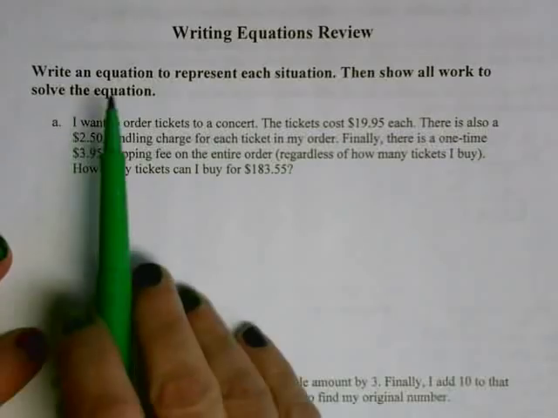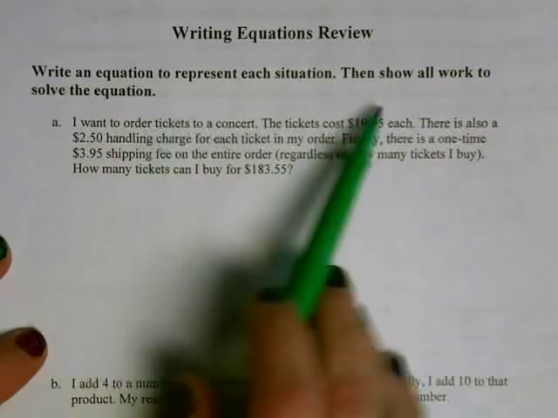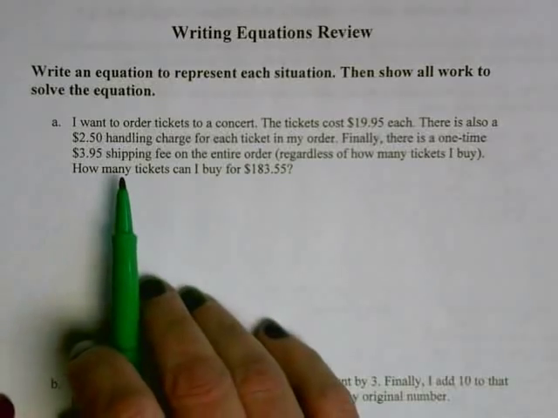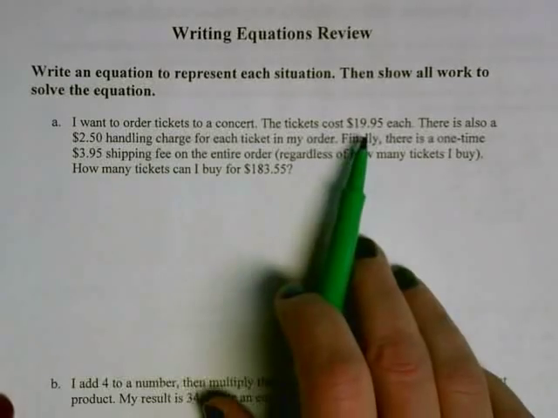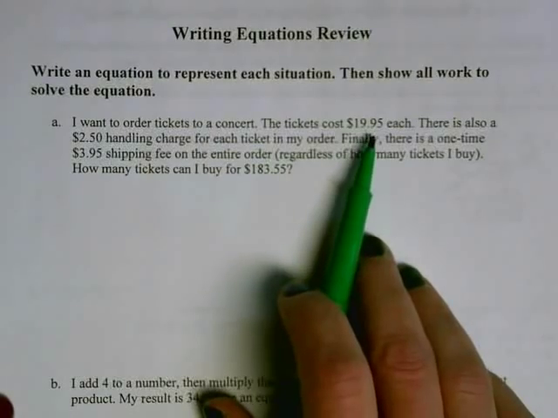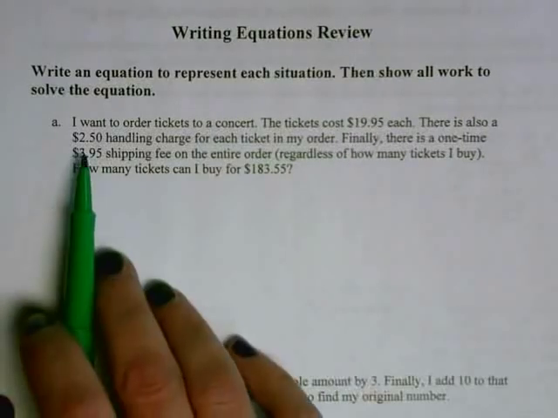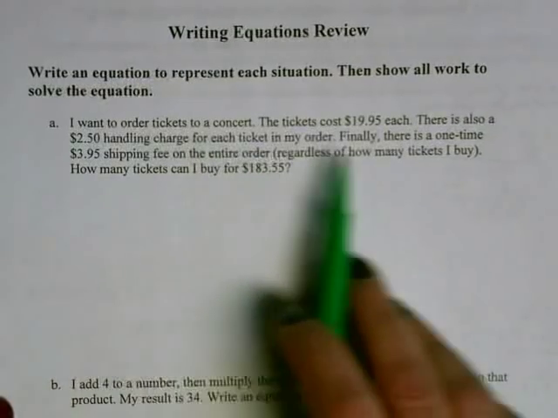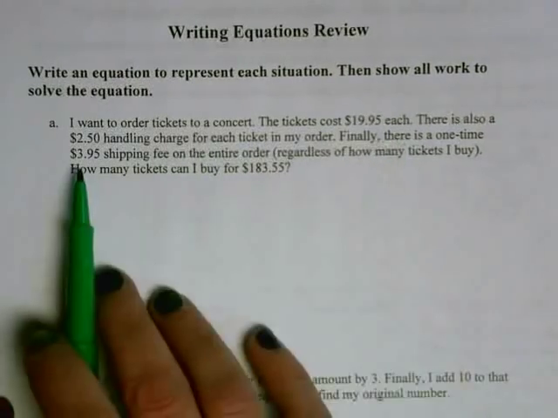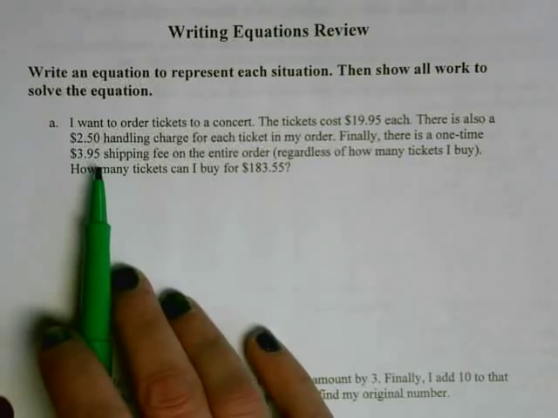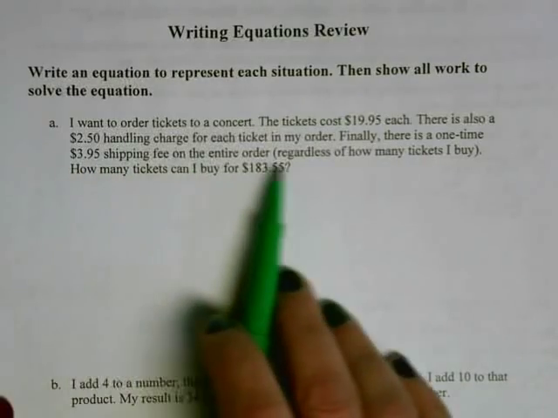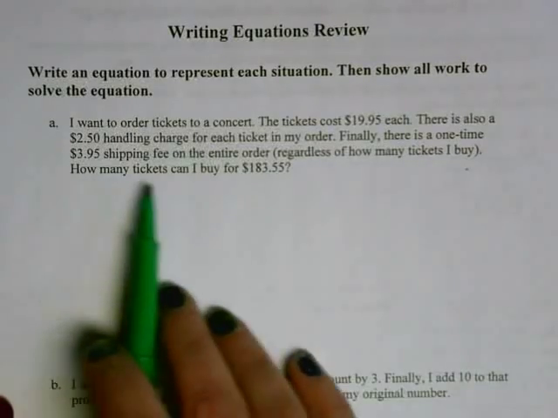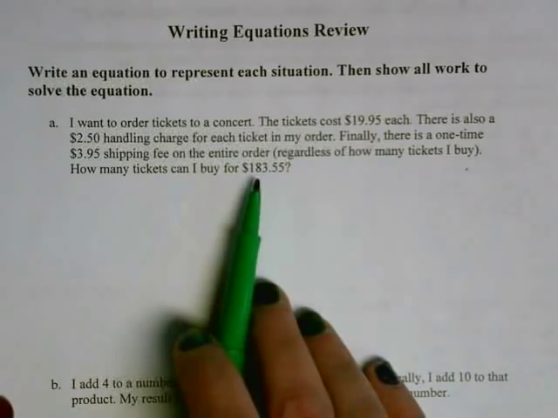So we're going to write an equation to represent each situation, and then we'll show all our work to solve it algebraically. So the first one, I want to order tickets to a concert. The tickets cost $19.95 each, which actually that's a great deal for a concert. There is also a $2.50 handling charge for each ticket in my order. And then finally, there's a one-time shipping fee, a $3.95 shipping fee on the entire order, regardless of how many tickets I buy. And I want to know how many tickets could I buy if I had this much money,